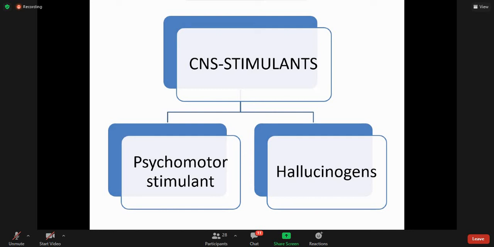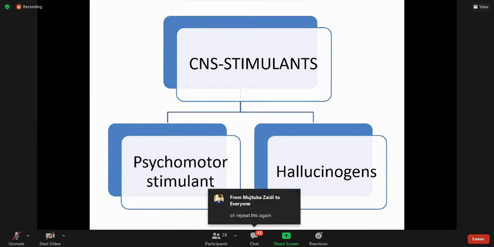And ecstasy is basically again a derivative of amphetamine, and this is methylene dioxy methamphetamine, MDMA. This is also called ecstasy, and this can be used to improve the activity. Normally as an illegal drug, this MDMA is commonly used, called ecstasy, and has a more selective action than amphetamine on the serotonin transporter in the CNS, and the drug is purported to facilitate interpersonal communication